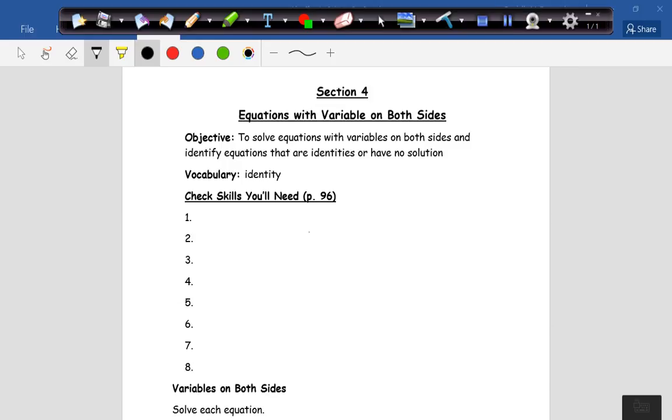All right, hey guys, we're going to do section 4 today on equations with variables on both sides. Basically what we're going to do is follow the same steps, except we have one extra thing we need to do first. So I'm going to write in this area right here, but just to go over the steps with you. So the first thing that we want to do is simplify